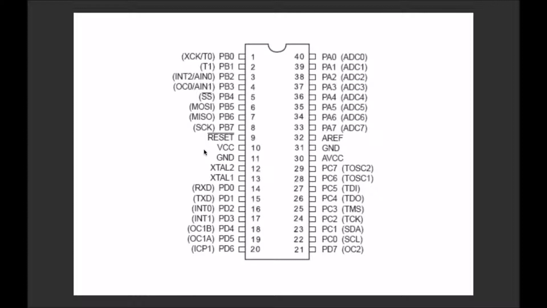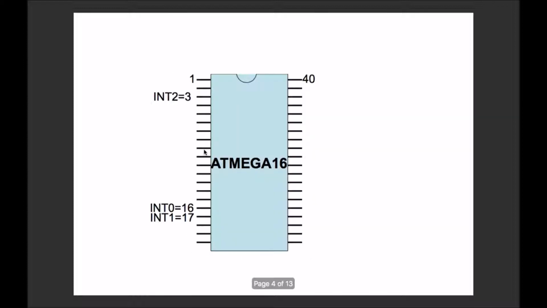There are three interrupts in ATmega16 or ATmega32. These three pins can be used to generate an external interrupt inside your code. Just for explanation, we will explain only INT0 and you will see that exactly the same pattern is there for INT1 and INT2 also. So these are the three pins, pin number 16, 17 and 3, INT0, 1 and 2.